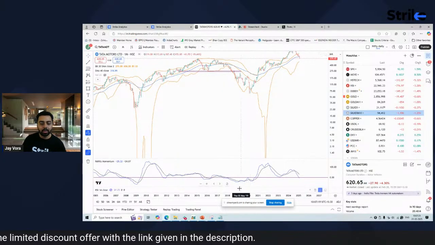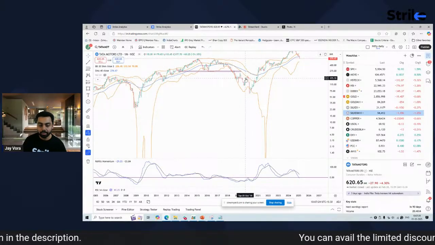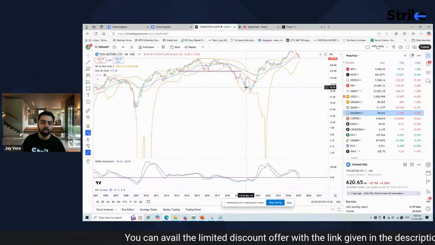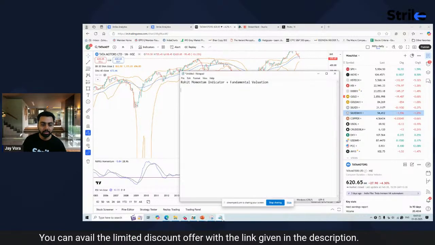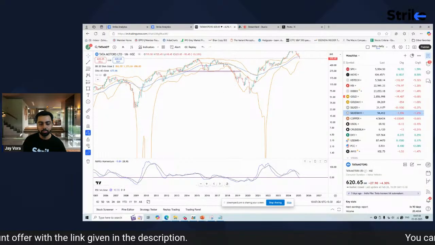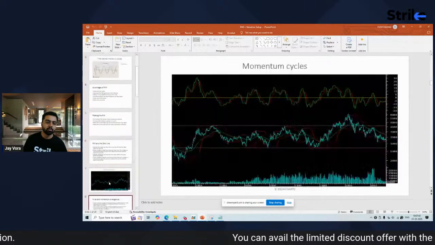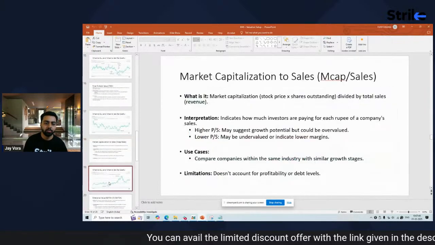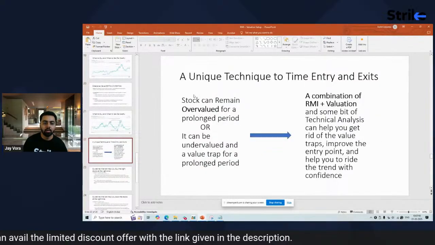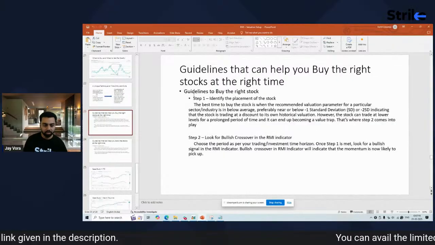Okay, and then there had been a couple of whipsaws over there, and I'll tell you how to get rid of the whipsaws as well. But here position sizing is the only thing that will help you. Okay, so as I mentioned, I will explain this process to you, and I have put out the rules as well, if you bear with me for some time. So here I have put out the rules as well, and this should definitely help you.